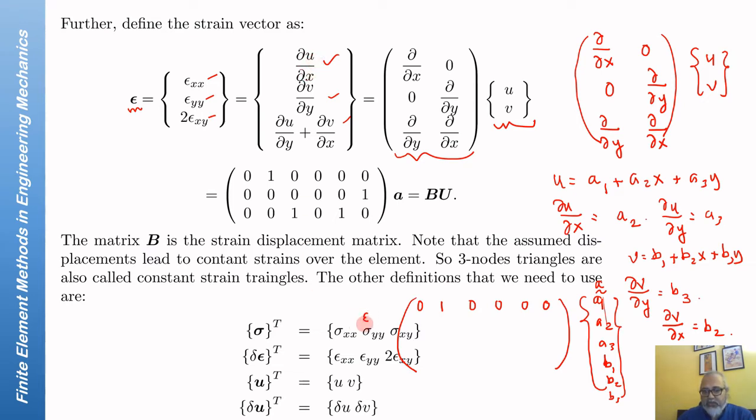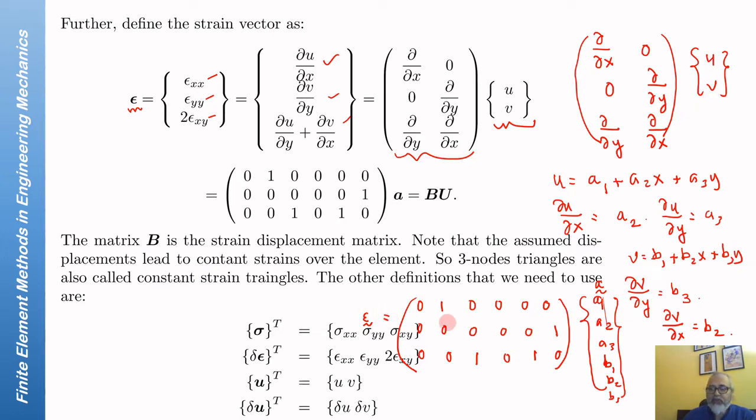So I'm trying to write epsilon here. So this is what I have. Then the second is del v del y. So del v del y is b3. So 0 0 0 0 0 1 is what the second one is. The third one is del u del y plus del v del x. Del u del y is a3, so it is 0 0 1, and then b2 is 0 1 0. So this is the matrix that connects the undetermined coefficients of the assumed displacements to the strain